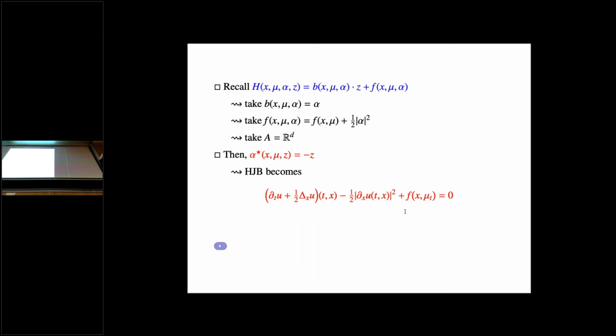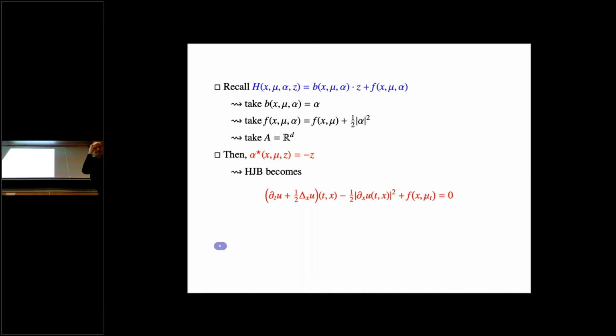And certainly this is a way to visualize what it means. You get a PDE for the value function that is nonlinear. And you see the impact of the nonlinearity in this model. Here, this is the square of the gradient. So this is one classical equation in stochastic control. The very spice of this equation is that for sure the cost f depends on mu t, depends on the state of the population. So you can keep in mind this equation as a kind of toy model, but in fact very interesting, toy model for your HJB equation.